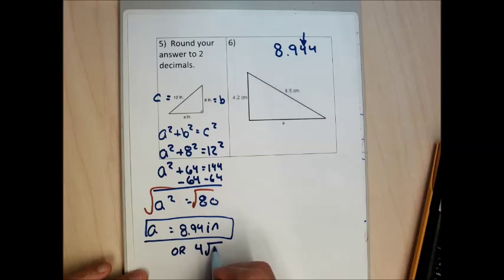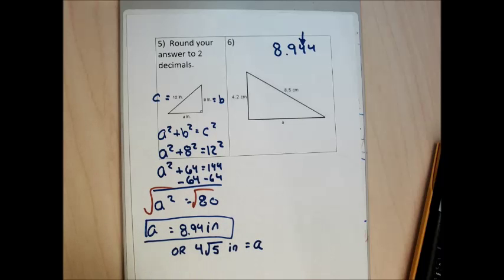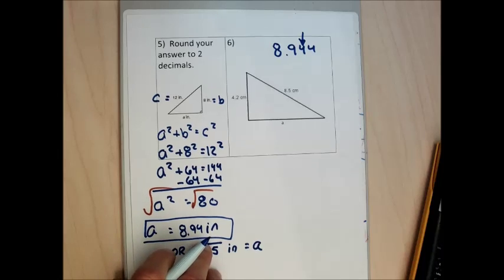Again, the instructions specifically say round to 2 decimals, so that's kind of what I wanted, but you can definitely give me a slightly different number. So